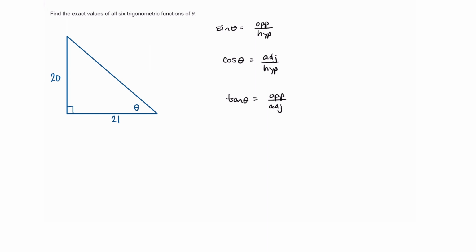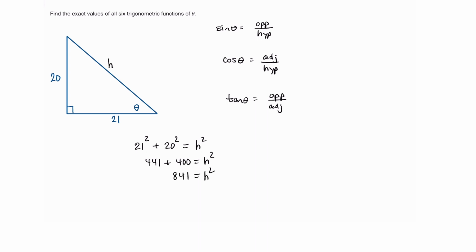So the thing to keep in mind here is we need to know the third side of the triangle, which means using the Pythagorean theorem since we do have a right triangle. So I'm going to call this side h for hypotenuse, and we know that 21 squared plus 20 squared equals h squared. So we'll find h. 21 squared is 441, 20 squared is 400, and that means that 841 is equal